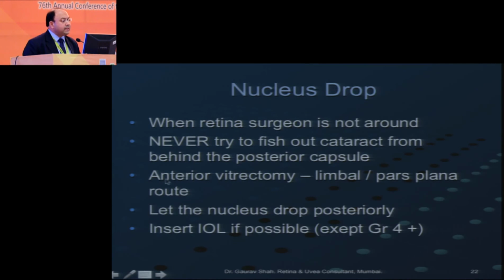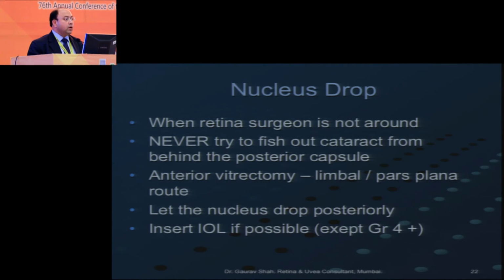Now suppose along with PC rent there is also a nucleus drop. What to do when your supporting retina surgeon is not around? First and foremost, never try to fish out cataract from behind the posterior capsule. That cataract which has gone posterior to the posterior capsule, don't be tempted to go and fish it out through the limbal route. On a rare occasion, I think Dr. Mohan Rajan showed a video where he was doing vitrectomy and that thing came anterior. That's a different aspect. But otherwise, you never go and hold the nucleus